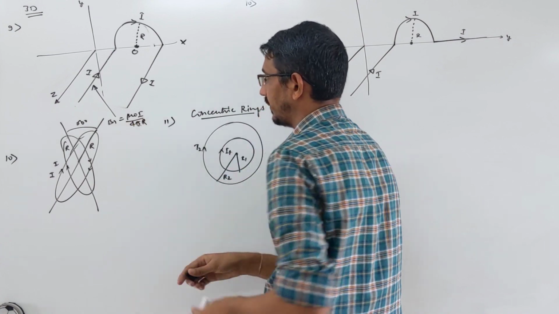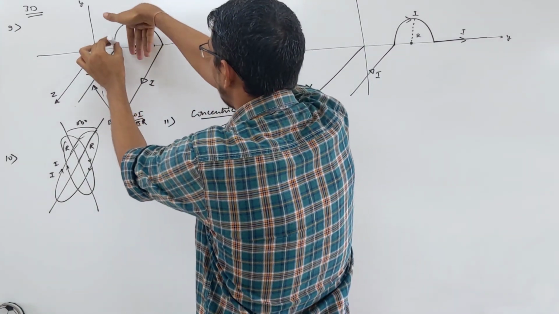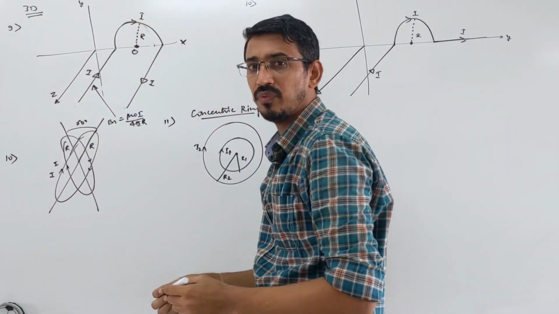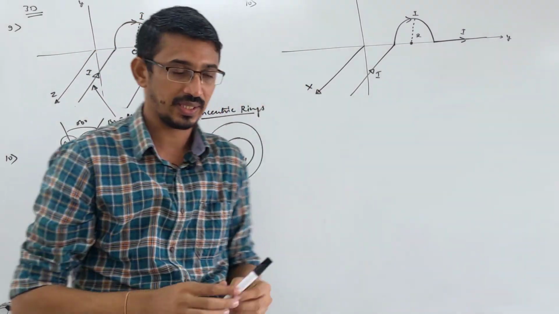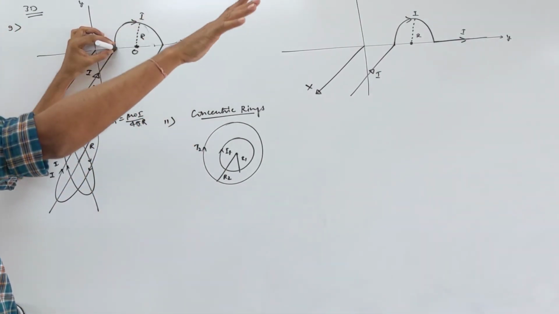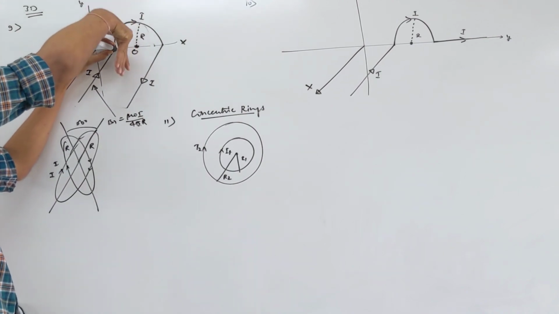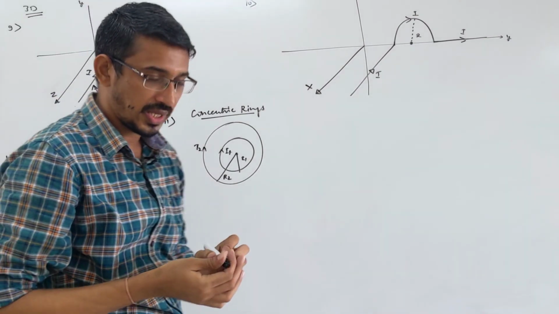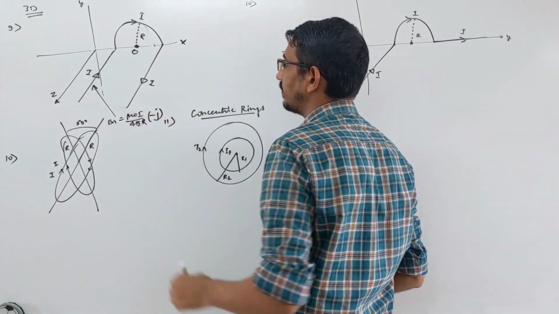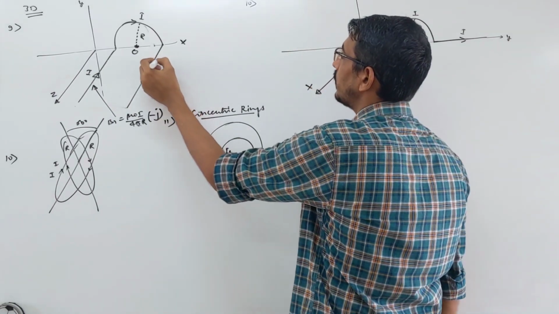What is the direction of the magnetic field? When you grab with your right hand, thumb showing the direction of current, current going inward, the fingers will be straight downward. Watch like this: this is the wire, current going inward, this is your right hand. Down on this side, the fingers go straight downward. Straight downward is the minus j direction. So the field due to that wire will be in the minus j direction.